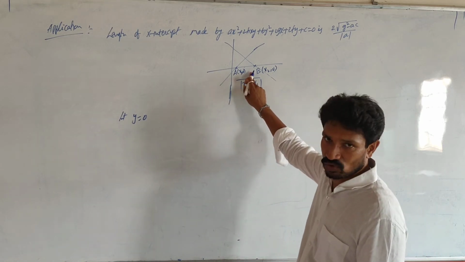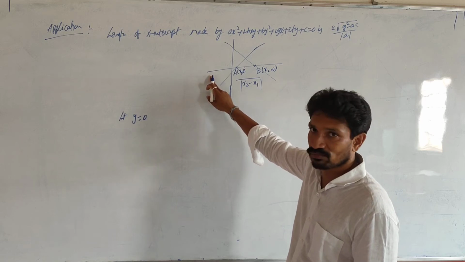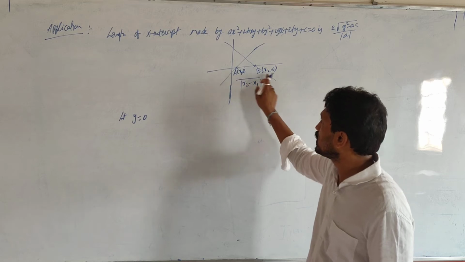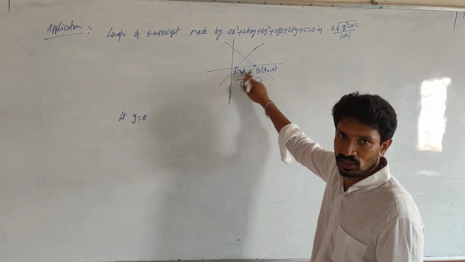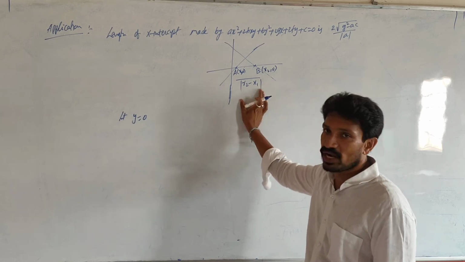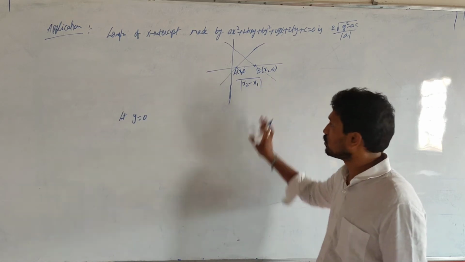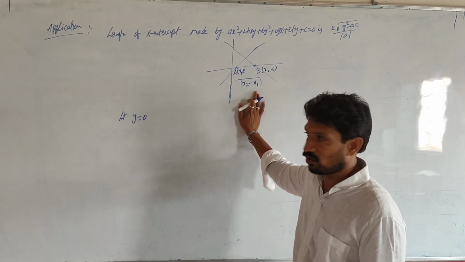You are taking here the positive x-axis. Maybe if you take the negative x-axis, which one is bigger? And in x1, x2 you are taking in this order. Some of them may take in this order, here x2 comma 0 and here x1 comma 0. So that's why, to make it positive, keep modulus of x2 minus x1. So this is the required value we need to find out.